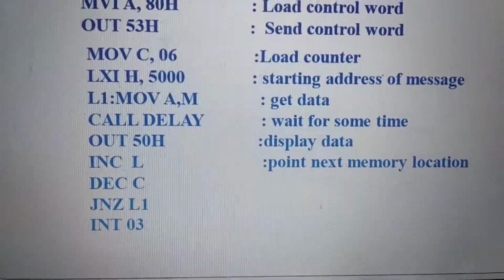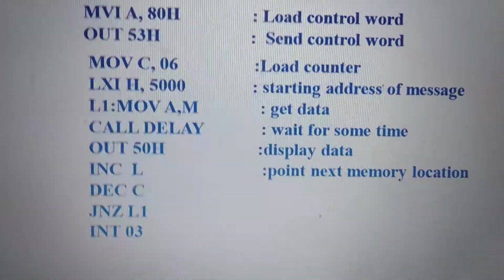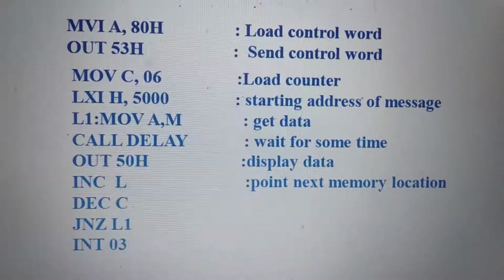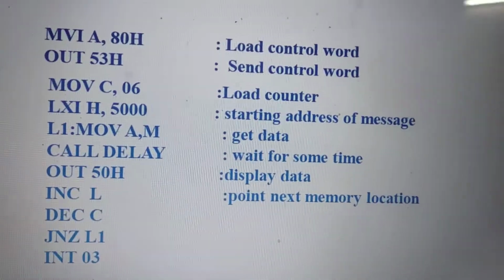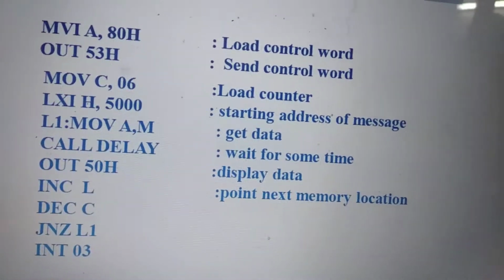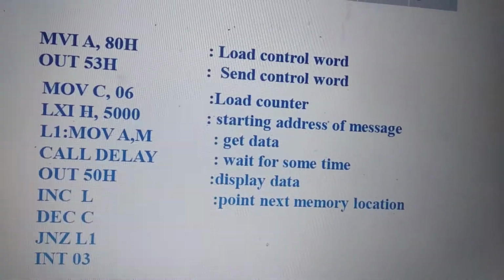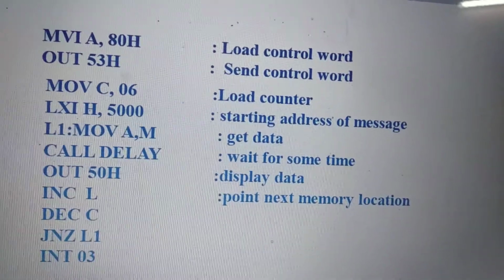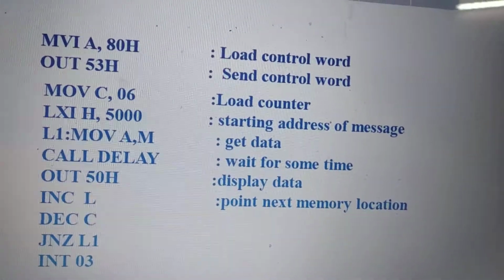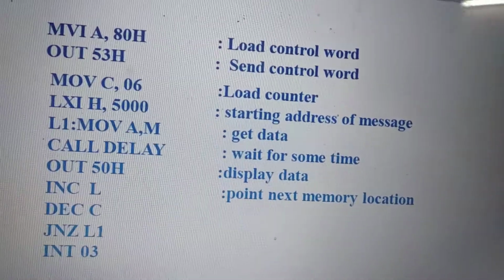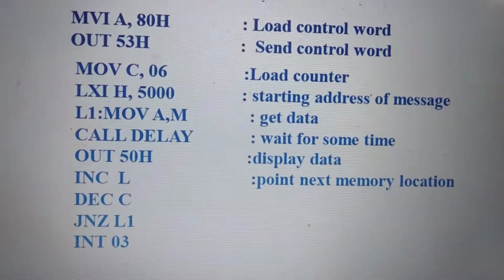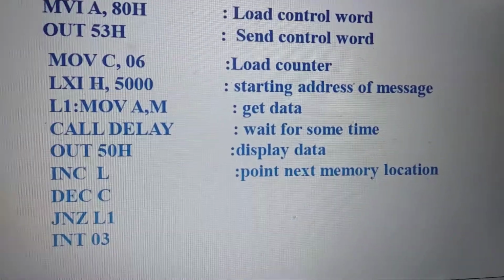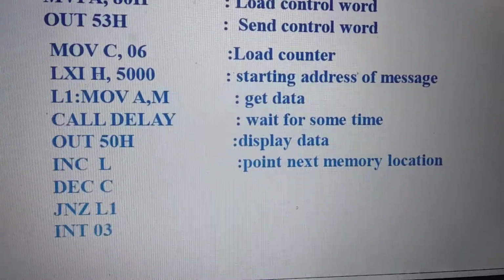Next is LXI H, 5000 hex. That means the lookup table, as I have shown you in the previous slide, the corresponding hex codes, the data patterns for glowing 0, 1, 2, 3, 4, 5, 6, is saved from the 5000 hex memory location onwards. So the HL register pair is loaded with that. The first data for glowing 0 is first taken into the accumulator.